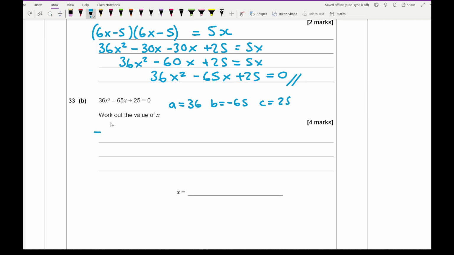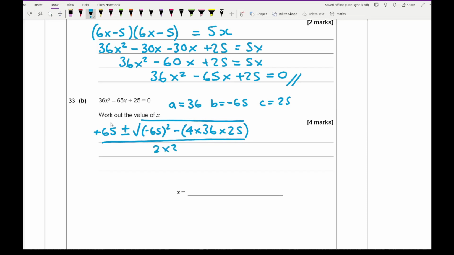I get minus 65, which is positive 65, plus minus, and it's going to be minus 65 squared minus 4 times a times c, all square rooted and all divided by 2 times 36. Now typing that into your calculator, you'll end up with an answer of 5 over 4 or 5 over 9,